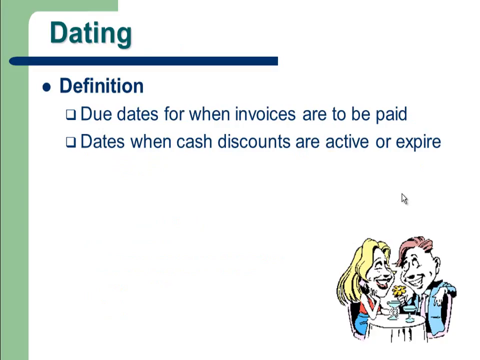Dating terms basically determine the due dates for the invoice to be paid. That means the absolute net amount due. In the last module, when we talked about cash discounts, we saw an example of this kind of dating term. That particular term was what we call the regular dating term. But there are more than just the regular dating terms that determine the number of days for cash discount and when the absolute net payment is due.